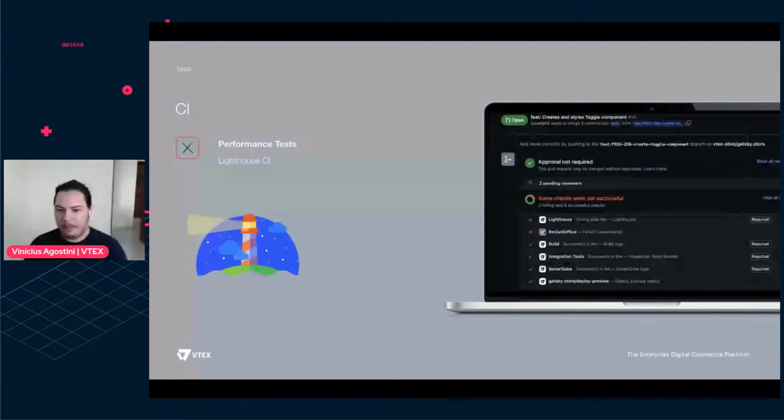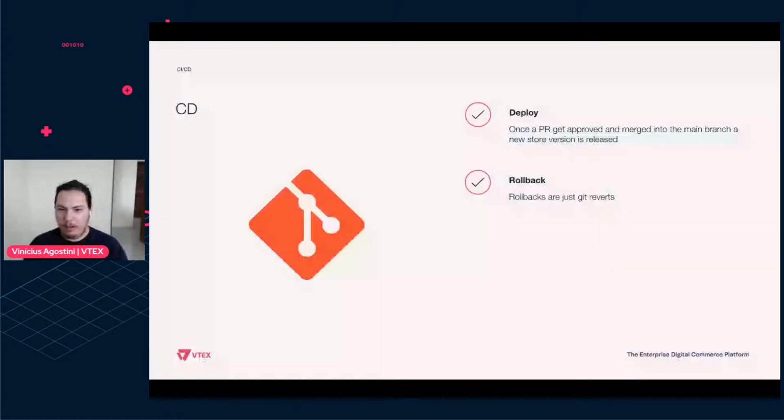This is really helpful during the development workflow, so we can catch a lot of performance problems before they get released. And talking a little bit more about CD, this is really related to GitOps. So to deploy, you have a nice version of your store, and you want to deploy. It's just a matter of merging your pull request to the main branch, and the new version of the store will be released. And to roll back, it's a matter of